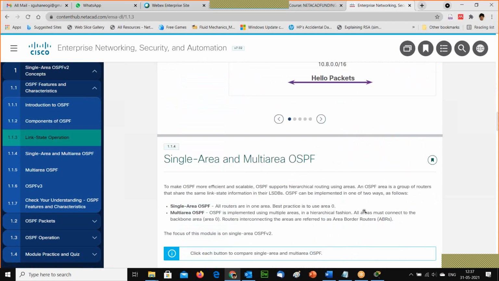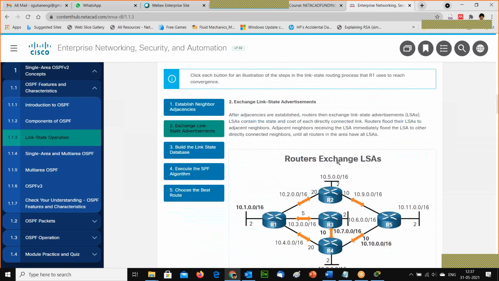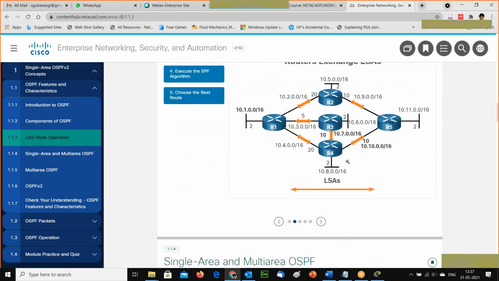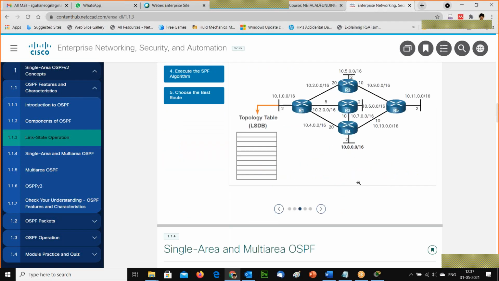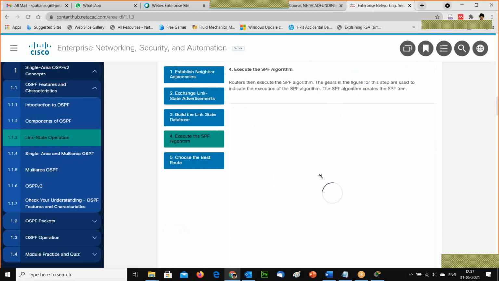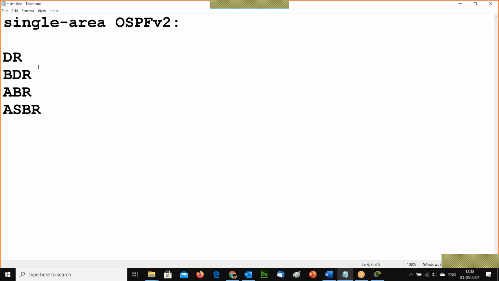After they exchange the link state advertisements in OSPF, the LSDB is formed, and then they can find the best path, that is the shortest path. So who is doing all those things? That is the DR and BDR. Okay, so that is the concept part.